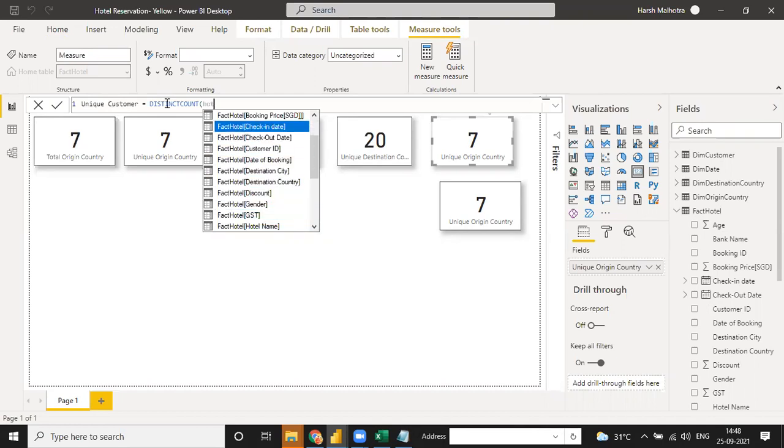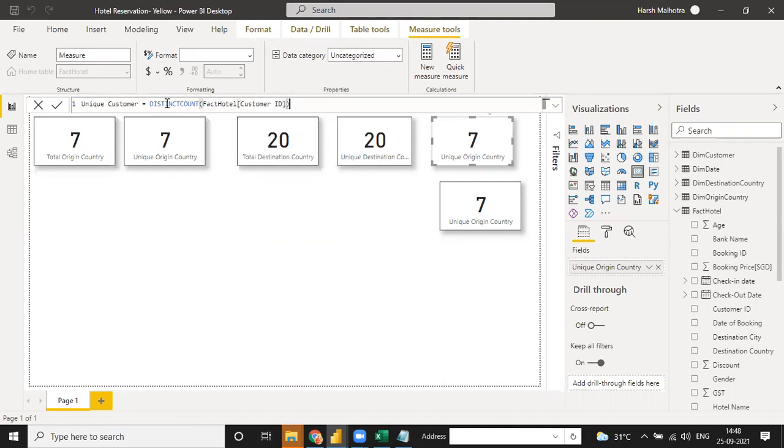It means total of customer ID. So how much listing count do we have? Total customer, instead of total customer, I can write it as visitor, because in the hotel industry we call them visitors.